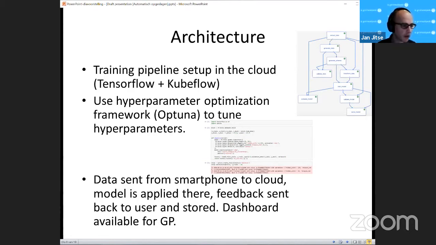The doctor typically has a dashboard that they can look at when the patient comes in. So, how did you do in the last six months? Okay, I see that you did very well, didn't seem to get any worse, so that's good news. Yeah, so this is the general setup.